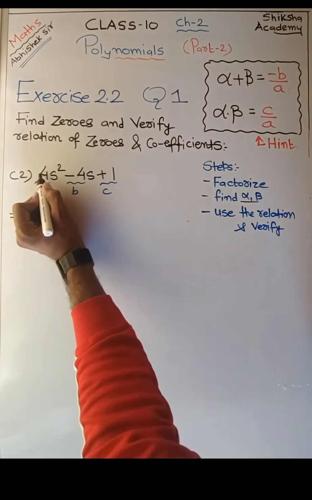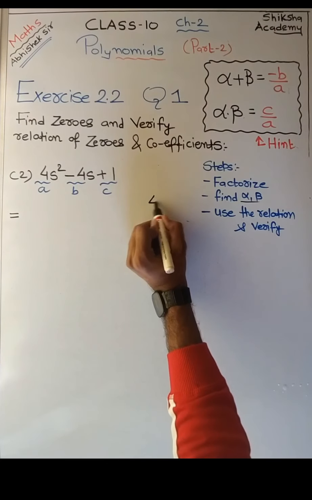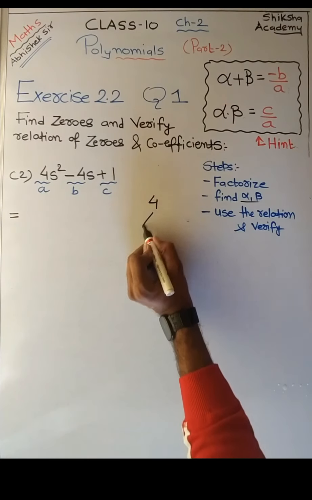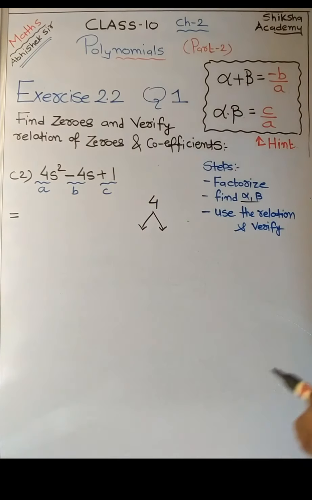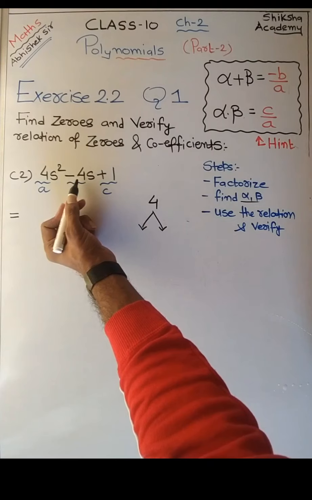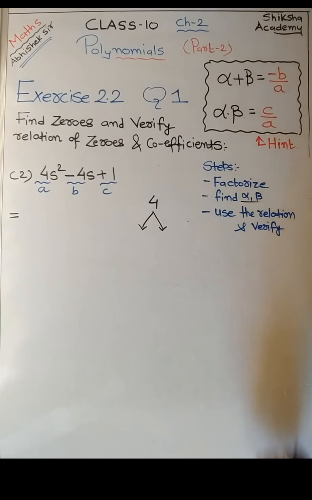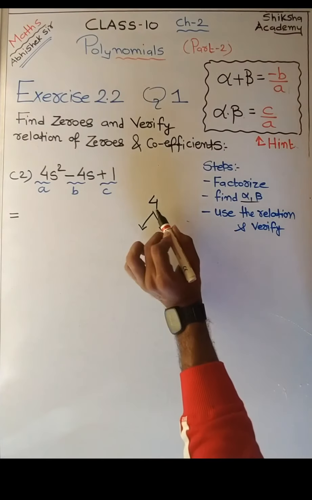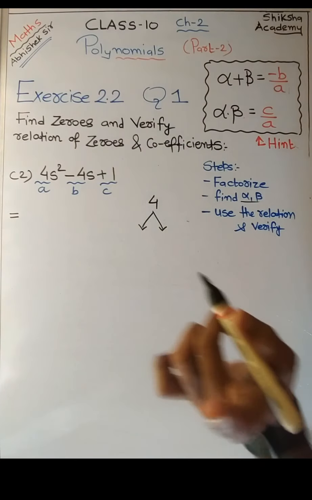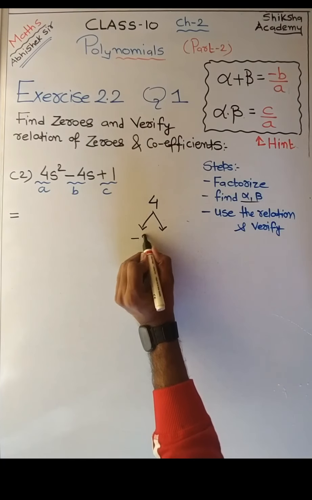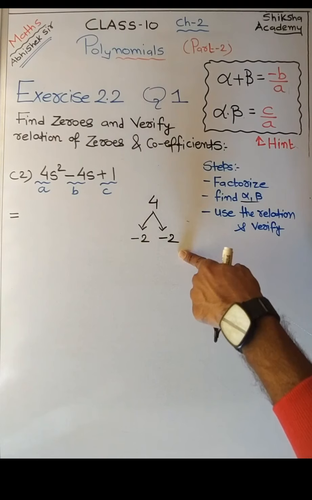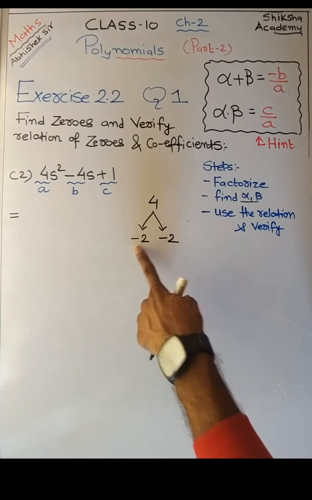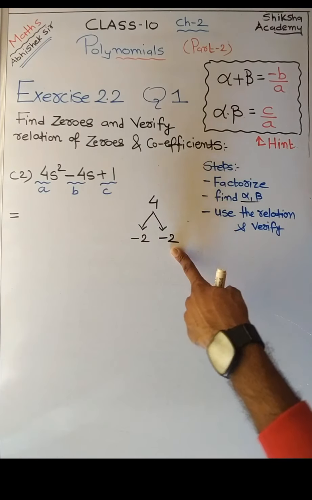So here 4 into 1, we are factorizing 4 into 1 and we have to split it like what we want. We want the answer as -4, right? So which are those two numbers which on multiplying get +4 and adding get -4? So that is -2 into -2. You can check, minus minus plus, 2 2s are 4, and -2 and -2 will add up to -4, right?